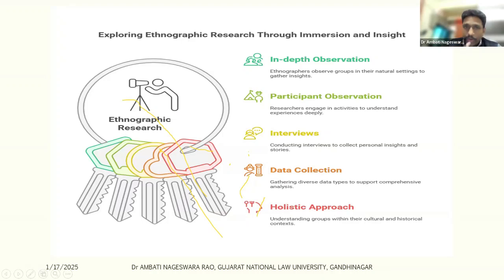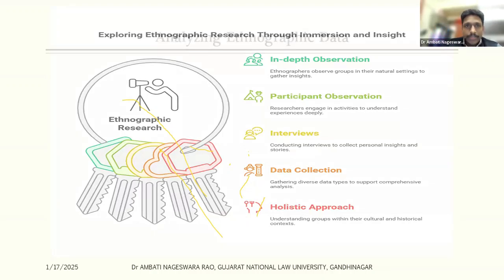As a part of data collection, in addition to interacting with the community members or your respondents, you'll also collect the objects, what kind of products they're using, what is the lifestyle, what are the cultural practices. As a part of a particular ritual or cultural practice, what kind of objects they have. You can also take images, photos of various objects. How from generation to generation they're carrying, how they're able to share their knowledge from one generation to another by using their own products, right? So it is going to give some holistic understanding of particular cultures or behaviors of the communities. So in those cases, one can use ethnography as a research method.